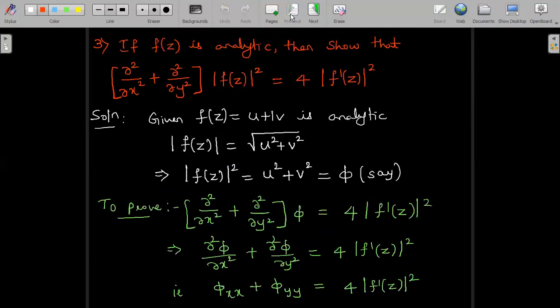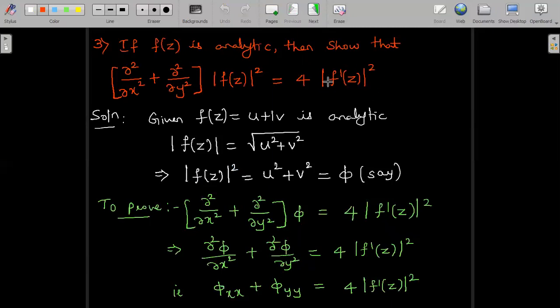Now we will consider the expression for f dash of z. We are familiar again from the theory, no? An expression for f dash of z. Long ago while doing CR equations itself we have derived this. We consider the expression for f dash of z, which is given by ux plus i into vx. I take mod f dash z. Now what is the purpose of taking mod f dash of z is, again going back to the previous page, I'll show you the question.